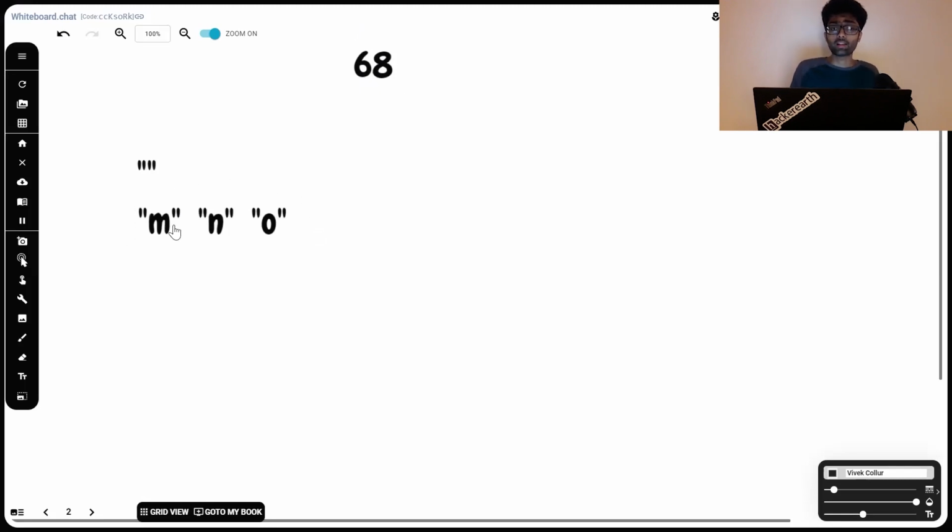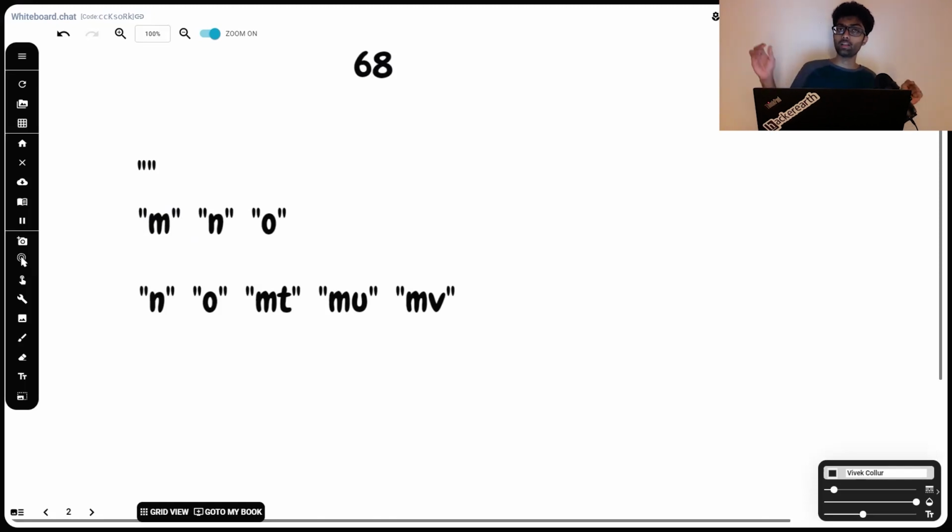So we were here, MNO. We begin our second iteration, meaning i is now 1. We go from the top. M is of length 1. So we're going to append every possible character that 8 maps to, to M. 8 maps to T, U, and V. So we append MT, MU, MV to the end of our list, and we delete the M from the beginning. This is essentially a queue where we're removing from the beginning and we're placing in at the end.